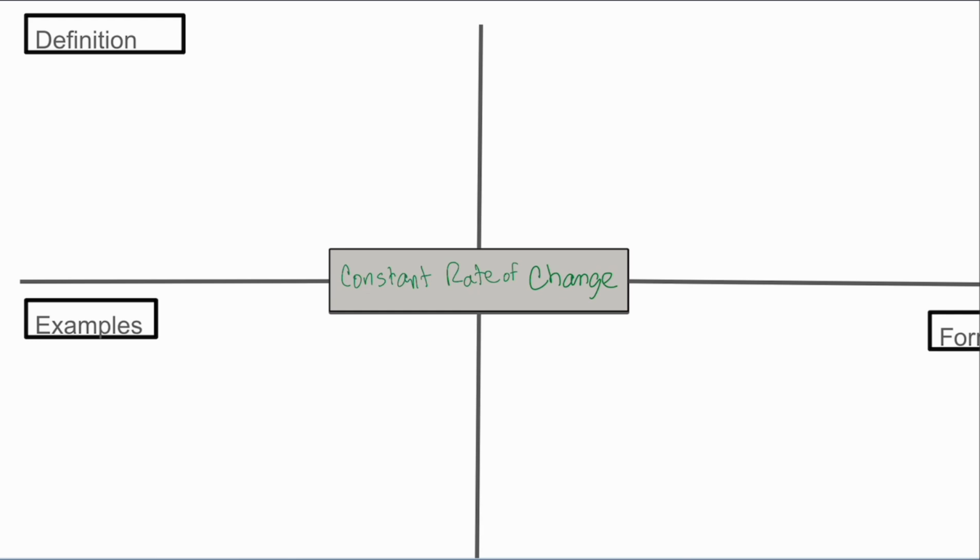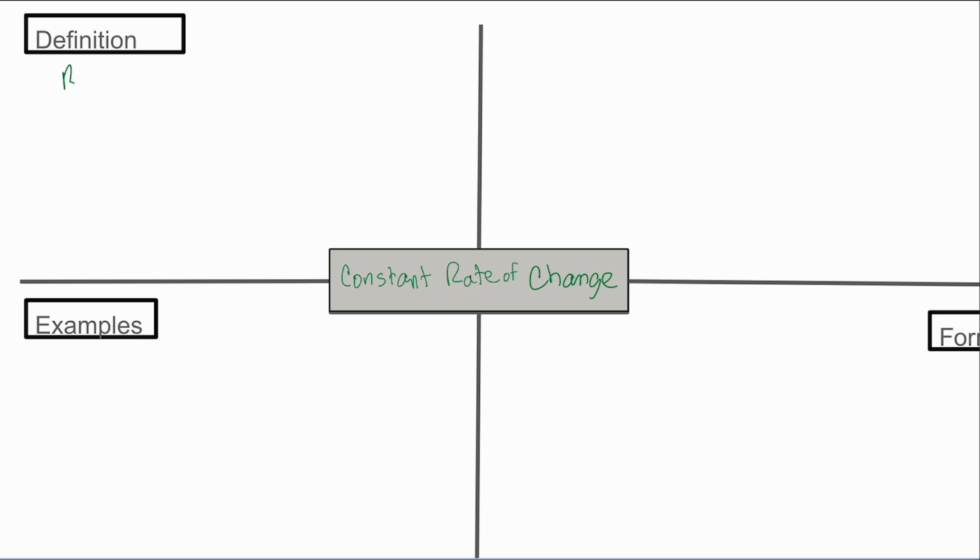Now, the corner here is supposed to say formula. So you can add that. And then this one is left for any sort of extra pieces, and if a graph is acceptable, we'll put a graph over there. Okay, so the definition is